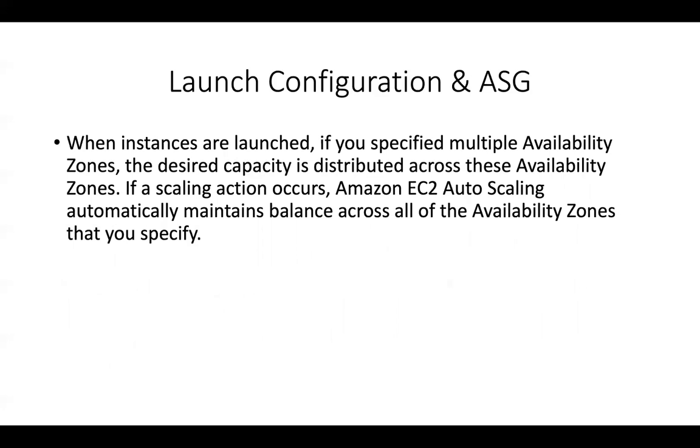So auto scaling group in conjunction with load balancer enables you for high availability within a region. It's not high availability across regions. It's only within a region that you can get high availability and fault tolerance. So even if one availability zone itself goes down, you will still be able to redirect your traffic to a healthy instance in another availability zone just by using a load balancer. And you can scale accordingly within that same availability zone by using auto scaling group, right?